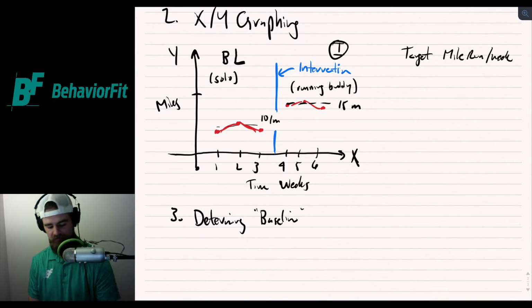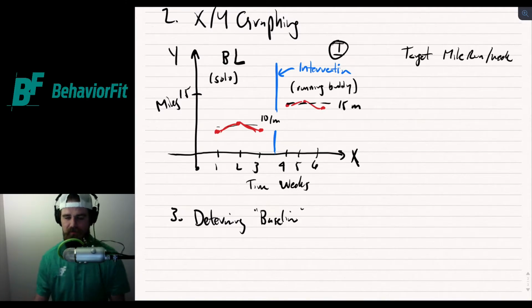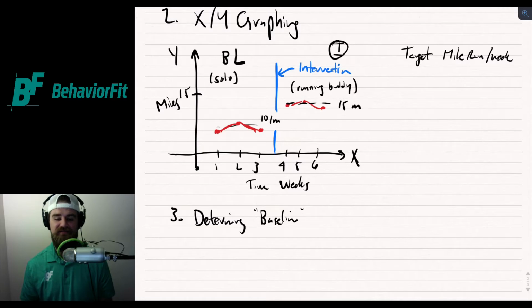We see, as a function, we're already getting ahead to step 5 here when we're evaluating change. We're looking at, oh wow, my baseline, 10 miles a week. Intervention with a running buddy, that was the only change that we are confident in saying was the difference. Up 5 miles per week. And we know working out with friends, social reinforcers, we talked about that 2 episodes ago. Those environmental events may extend the run a little bit longer. Maybe they can push you through that run. These were weekly data, so maybe that person said, let's go out on an extra run per week. Those things would be interesting to look at.